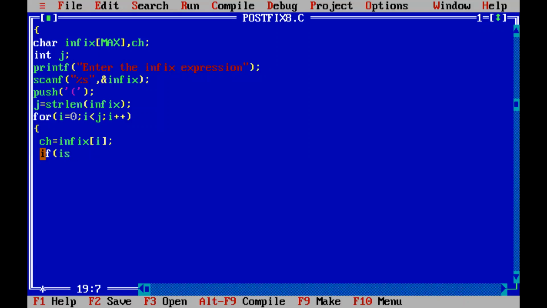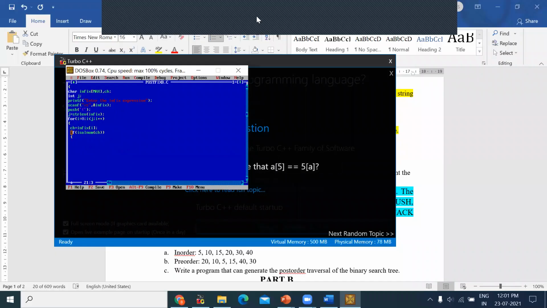Operand means what will you be doing directly? You are going to check using the inbuilt function isalnum, whether it is an alphabet or a numeric value. So if it is an alphabetic or numeric value, what are you supposed to do? Geolas, if it is an alphabet or a numeric value, what does it mean?